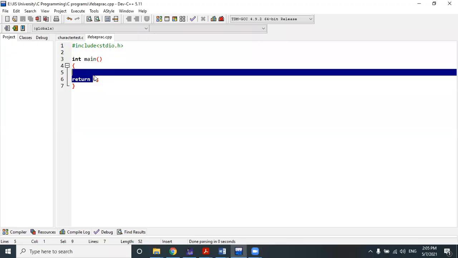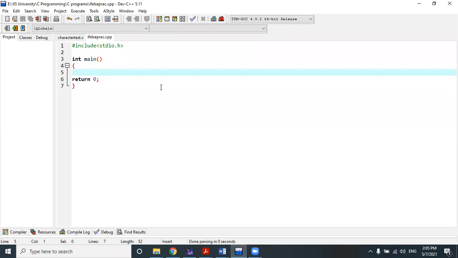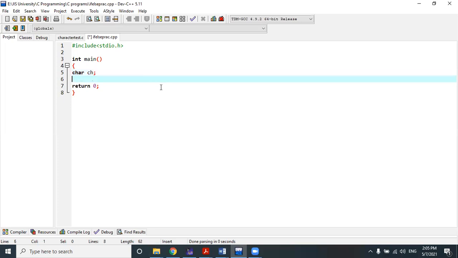Your friend has told me one problem: that he couldn't read a character from a keyboard or from a terminal. So, we will check. If I only write this character ch, it will take the input.